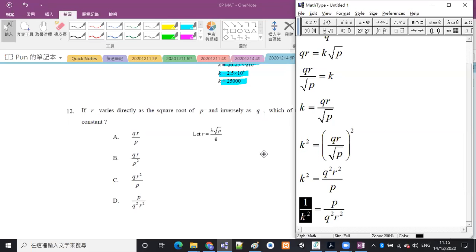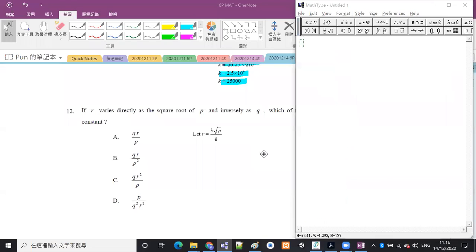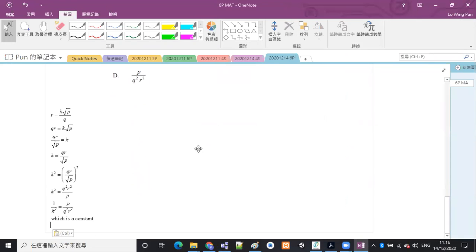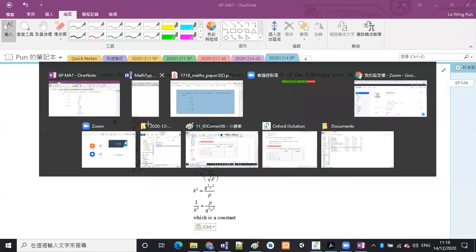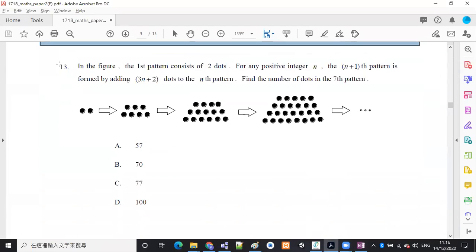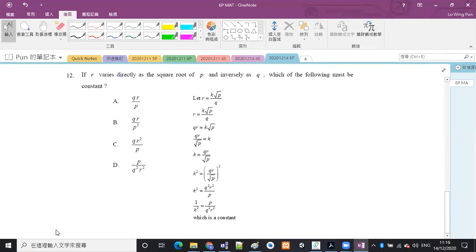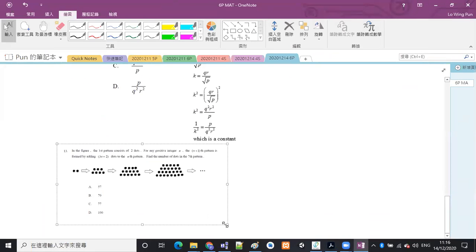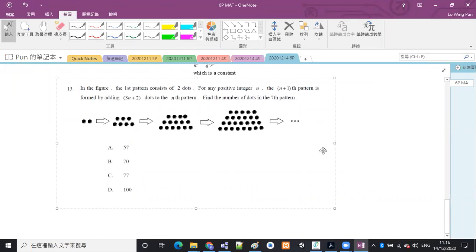OK，so therefore which is a constant。OK，so the answer is option D。好，number 13。In the figure, the first pattern，呢隻係數點點嗰隻，我之前同你講過㗎啦。First pattern consists